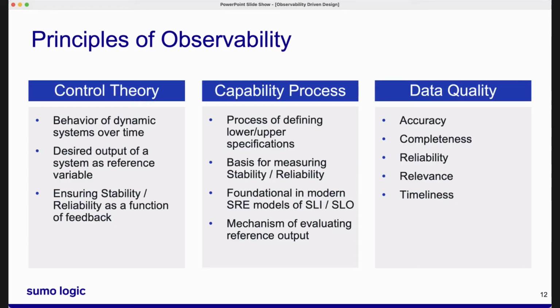Capability of process is a core Six Sigma statistic. It was developed actually for measuring quality control and industrial automation. In modern software, CP is the process of really kind of defining the lower and upper specification limits for both leading metrics or health metrics or lagging success metrics. Modern SRE, in fact, is rooted in maintaining a high degree of capability of process, where CP can be leveraged as that statistical lens to really identify areas of weakness or churn, highlighting where and when investment in automation can be the most effective. CP can be applied to anything: code quality, engineering efficiency, operations, security, even business metrics.